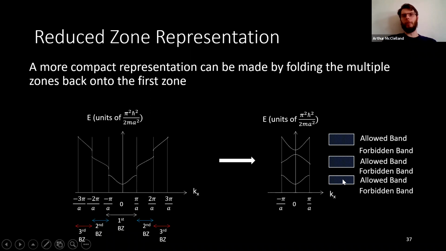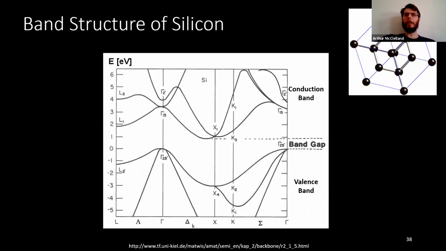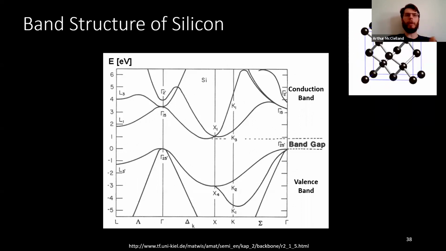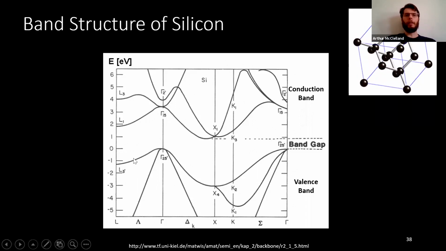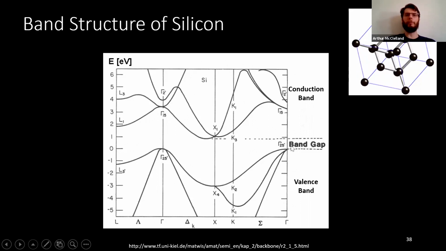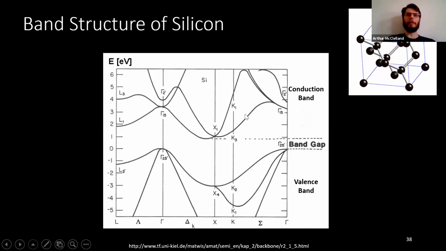this is for a beautiful one dimension. And in a real material, we don't have a single line of atoms. We have this much more complicated three-dimensional structure of the silicon atom. So here's the band structure of the silicon. The valence band, the allowed region, is this set of curves down at the bottom. There's a band gap in the middle, which is the forbidden energy region. The electron can never be in this energy region. And then there's the conduction band at the top.